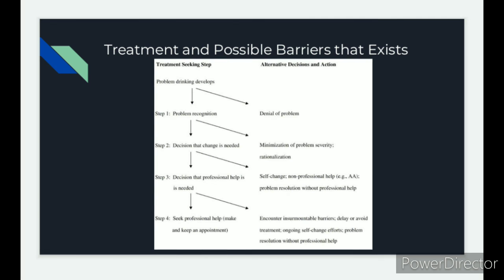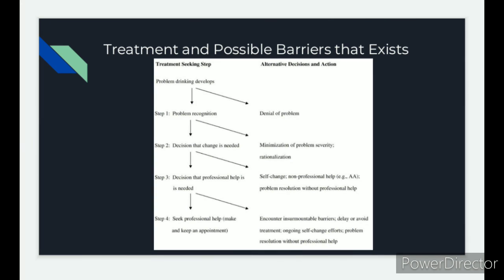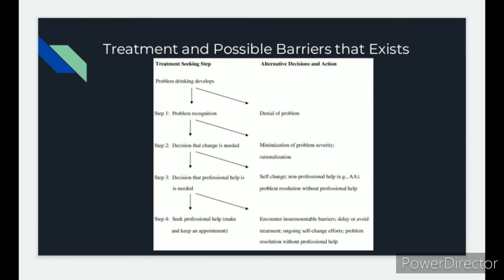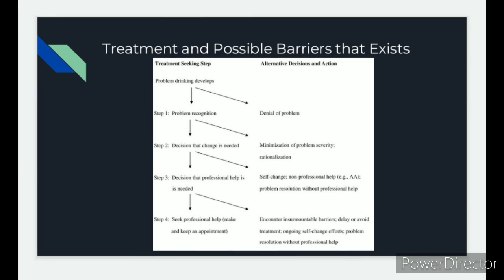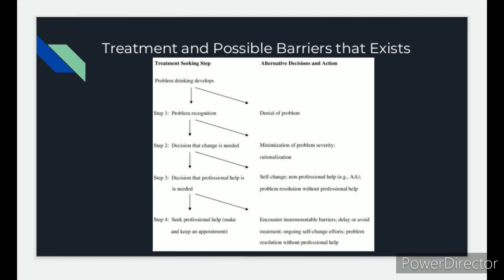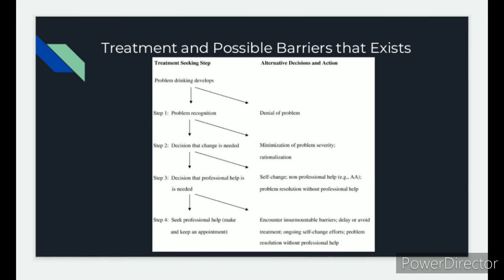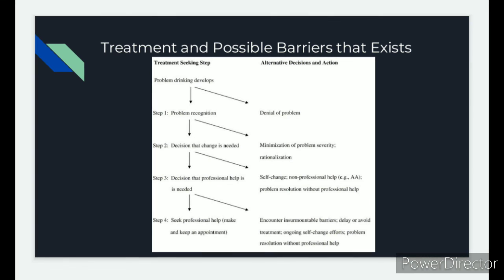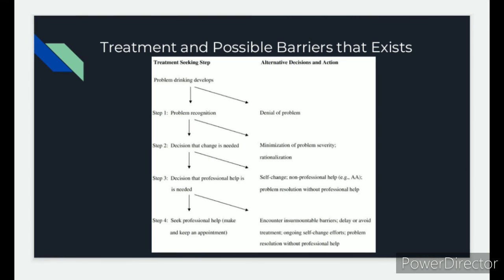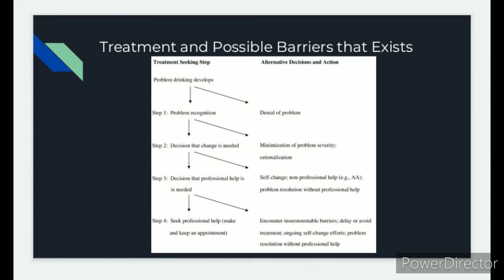And then step 4, seek professional help. Make sure that the client is keeping up with appointments. But an alternative to this and possible barriers that occur are delayed or avoided treatment, ongoing self-change efforts,